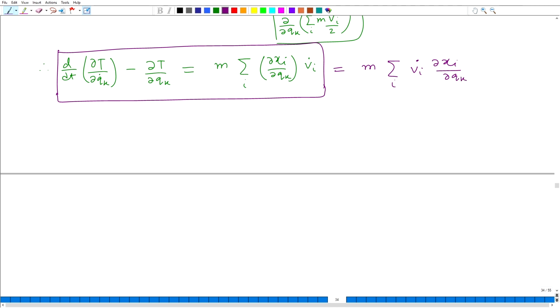I will now multiply both sides with a virtual displacement δq_k, and make a summation over q_k. So, multiplying δq_k on both sides and adding over k, we obtain